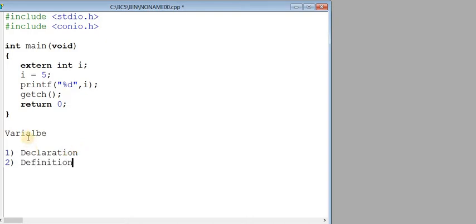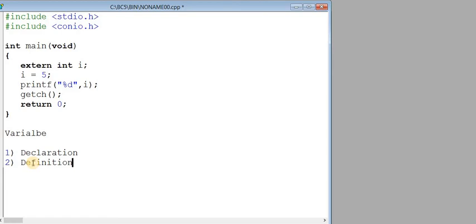When we talk about a variable, any type of variable, any data type, every variable involves two terminologies, declaration and definition. First of all, we need to differentiate between declaration and definition. Declaration means you are simply declaring a variable and specifying its data type and what type of value that variable will contain. That is only declaration.